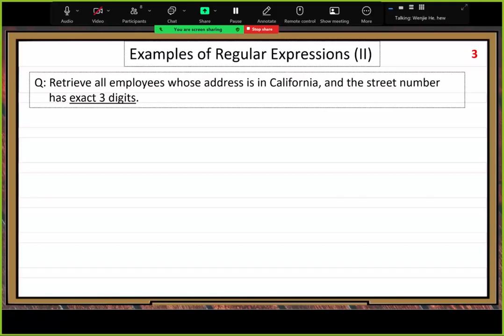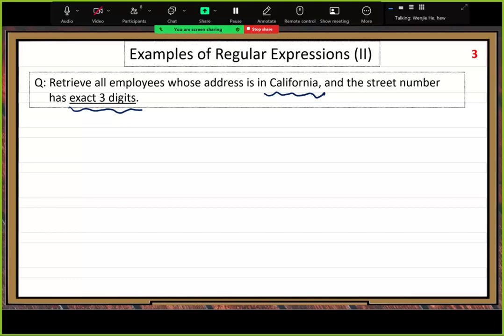We did this last time, but there are two places where we need to describe patterns. The street number appears at the beginning of the address, and the state information appears at the end of the address string. So here, for the beginning of the string,